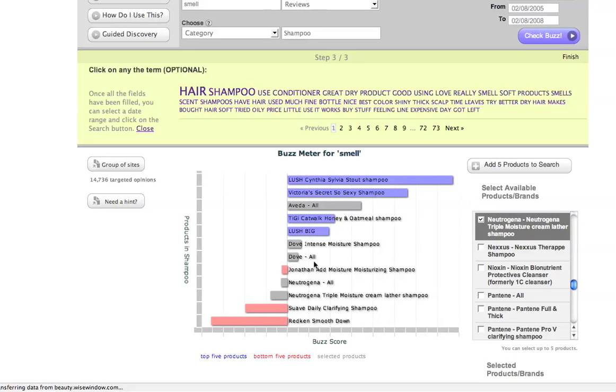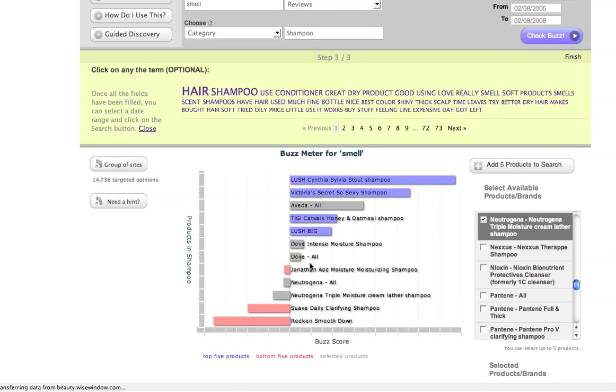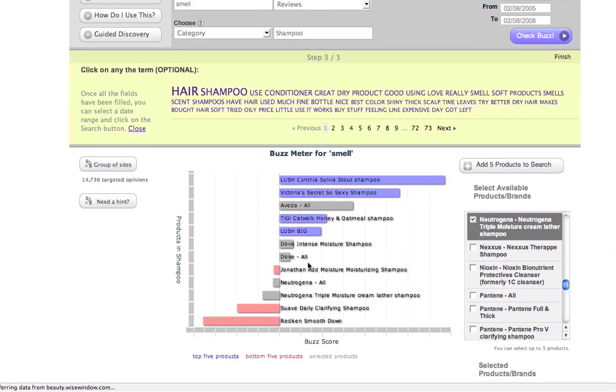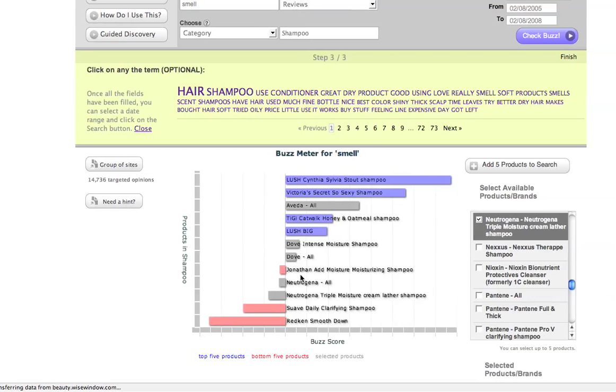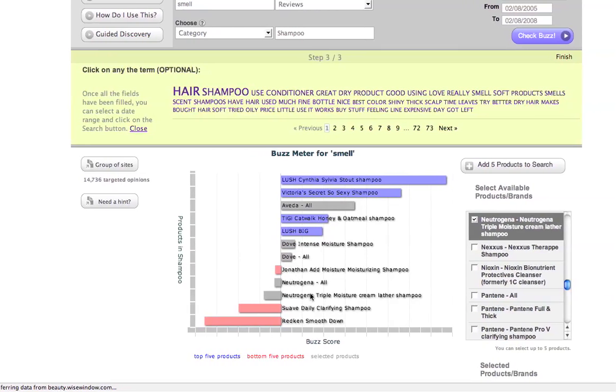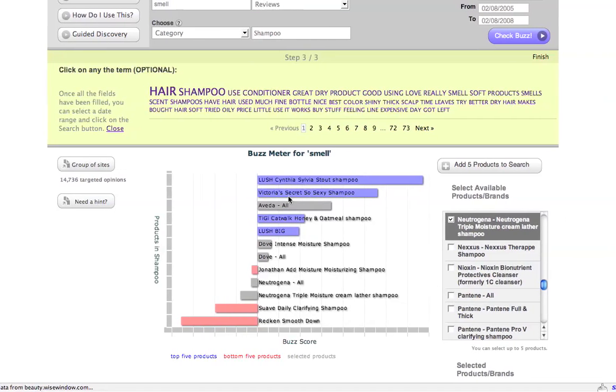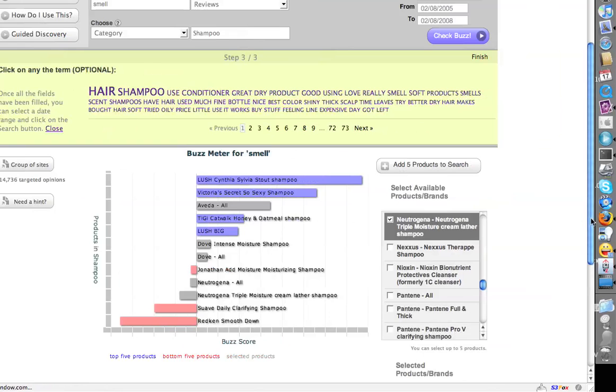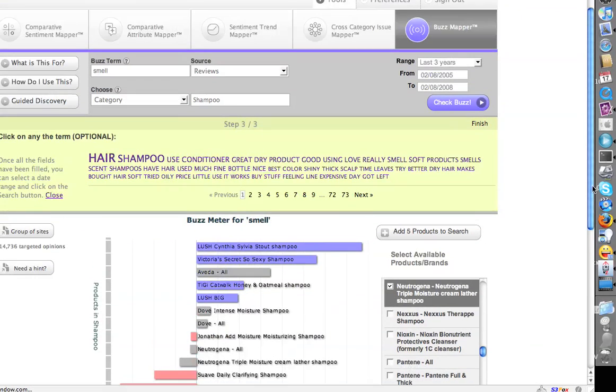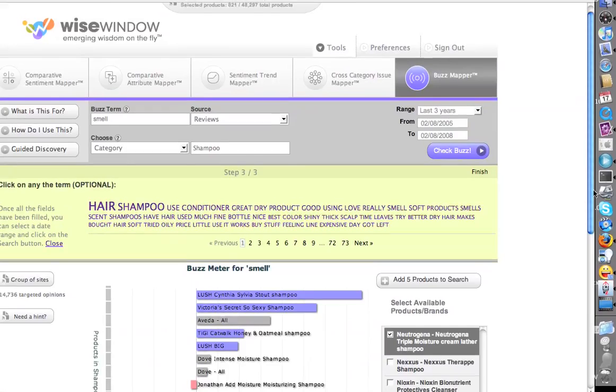So the data correlates with that. Now, although Dove has more buzz than Neutrogena, it doesn't necessarily mean that Dove has more positive sentiment or negative sentiment versus Neutrogena or the rest of things which you see here. So if we do really want to measure sentiment, the next tool to look at,